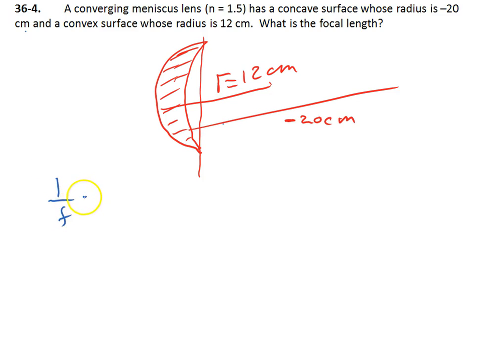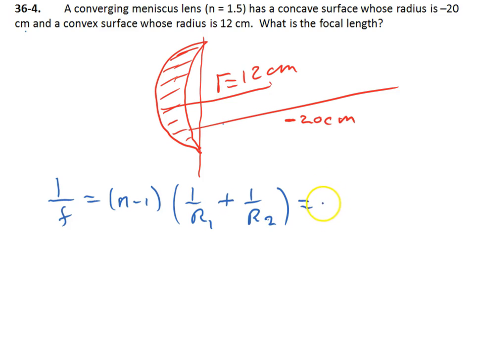1 over the focal length is equal to n minus 1 multiplied by 1 over r1 plus 1 over r2. Okay, so substituting in values, we have 1 over f is equal to 1.5 minus 1 is 0.5, which I'm simply going to write as a half. And we have 1 over minus 20 plus 1 over